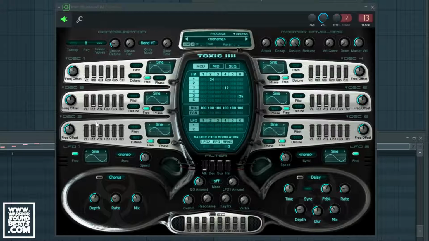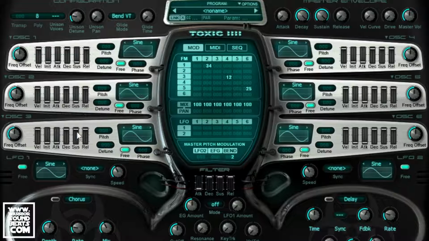Alright, now a big thing is each of the oscillators needs to have its attack and decay ever so slightly different. So what we'll need to do on just about every one is take the sustain right the way down, because we don't really want it to sustain. We want it to be affected by our note duration, so we can choose how it affects when we've got multiple notes. So now, cool. A lot of them we want to reduce the decay down to about halfway or less. Do this to taste as you go along. If we get them also around halfway for the meantime,